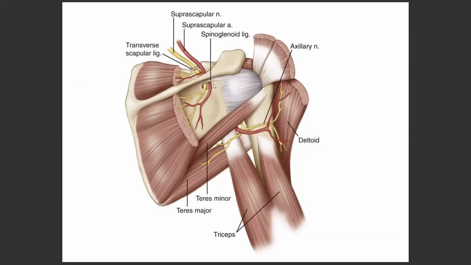So this is that spinoglenoid ligament. This is that notch which is known as the spinoglenoid notch. This is the suprascapular nerve. ये यहाँ से निकलती है, यहाँ पे ये एक ब्रांच दे देती है छोटा सा, जस्ट अबव दैट स्पाइन। इस नॉच में एंटर होने से पहले यहाँ पे एक ब्रांच दे देती है टुवर्ड्स दैट सुप्रास्पाइनेटस मसल, और यहाँ पे फिर इंफ्रास्पाइनेटस मसल को भी ये सप्लाई दे देती है।